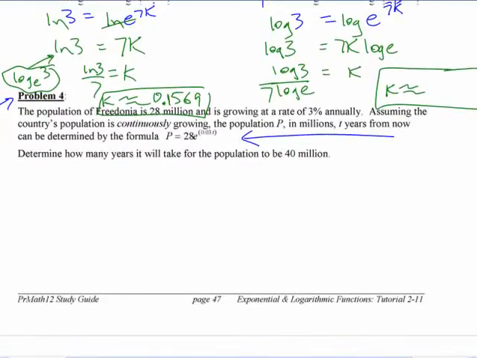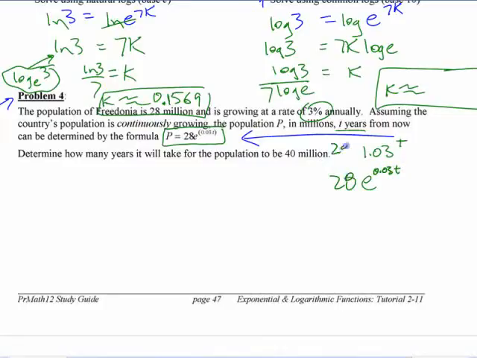Good. If you're solving this question down below here, this is the one where you're solving for time in years. For Math 12, you're going to be given the formula. You don't have to model it yourself. Not that it's that hard to model it yourself, because the only difference is, when it's growing at 3%, instead of putting 1.03 to the t, you're going to put e to the 0.03 t,